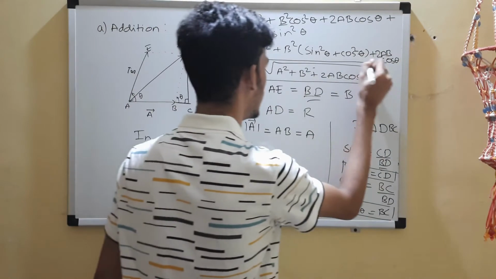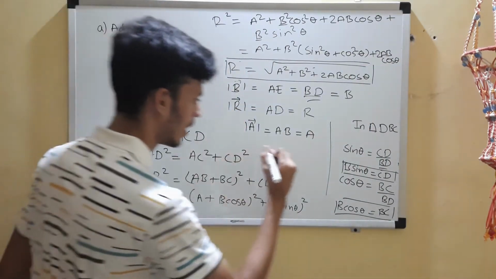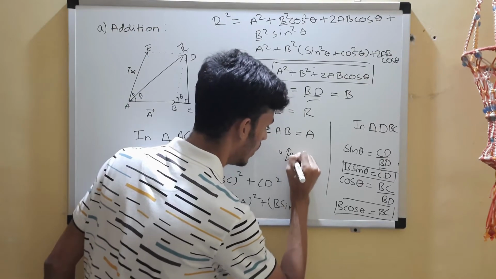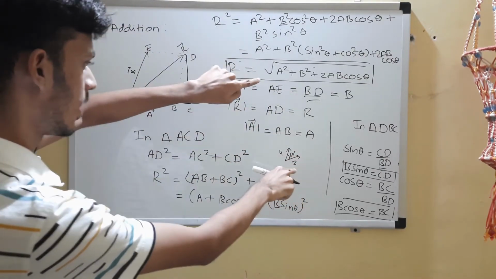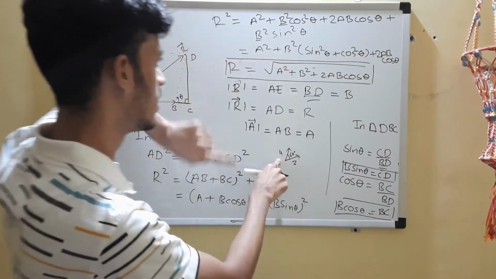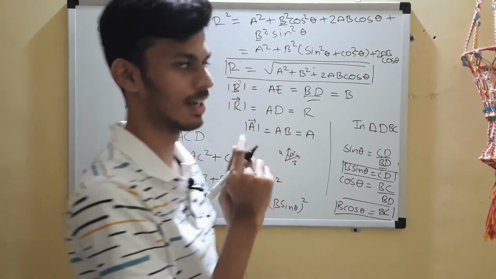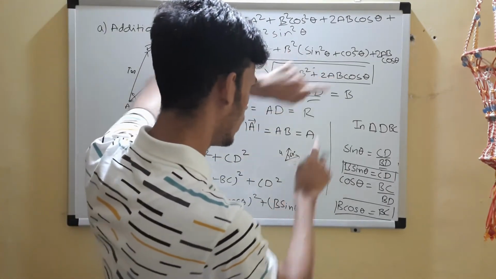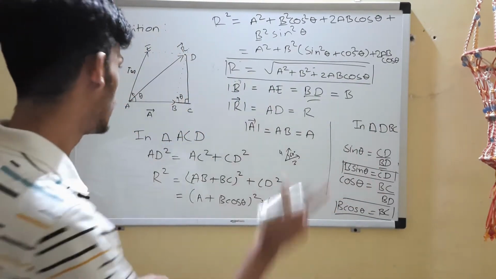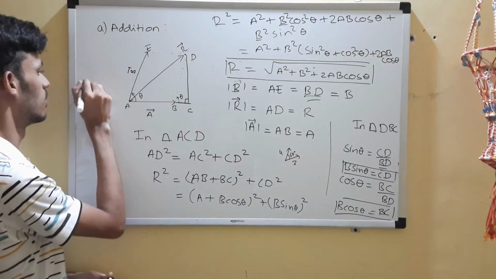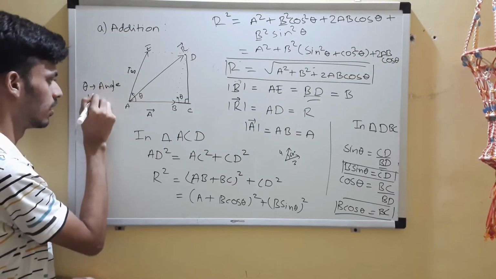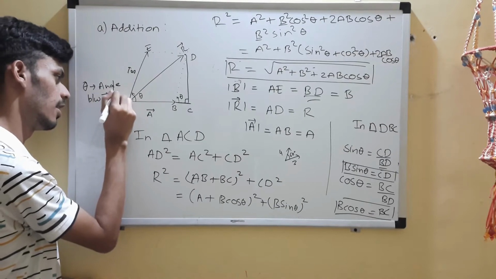The magnitude of the resultant vector. Now you can find the magnitude of that, 3 and 4 at an angle of 60 degree, right? So A is magnitude of this 3. We'll plug this 3 here, 4 here, right? B is the magnitude of B vector, right? And then 2AB, these are the magnitude of A and magnitude of B. Cos of theta, what is theta? Theta is the angle between two vectors. Theta is angle between vector A and vector B.